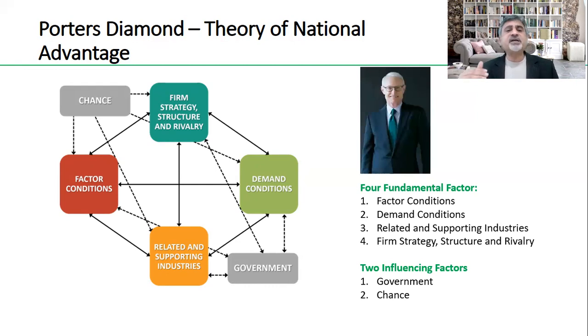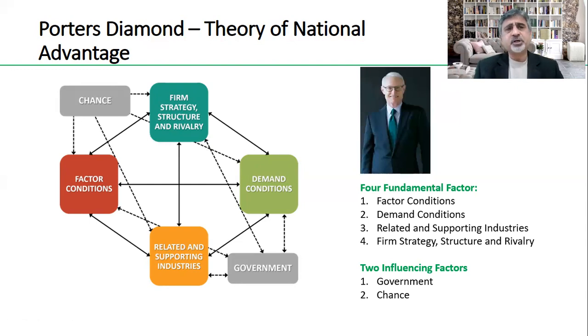So factor conditions are impacted by the government. Government also makes investment in all of these areas. If I speak about firm strategy, structure, and rivalry, here again the government policies, regulations, and deregulations decide how businesses will operate and how businesses will compete. So government definitely can play a role, and that would have a positive or negative impact on all of these areas. And then we call it chance.